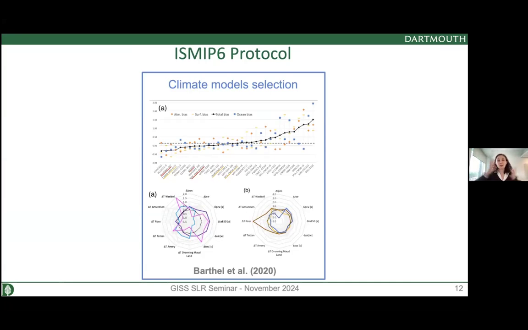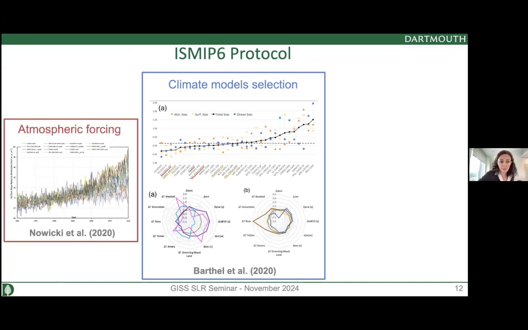So we want to really capture a range of conditions, with some climate models having more or less warming. And so that's how we selected climate models. The next thing is, how do we use these climate models? We want to have forcing conditions at the ice surface. So we need atmospheric forcing, and for that, we just used the result from the climate model.